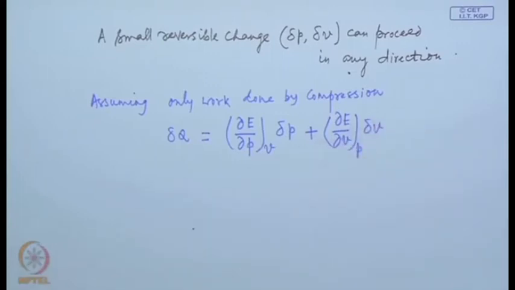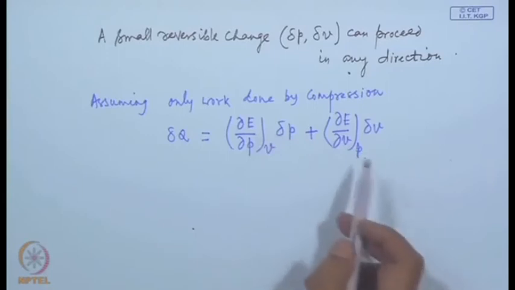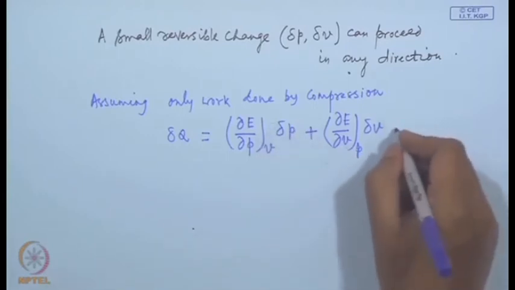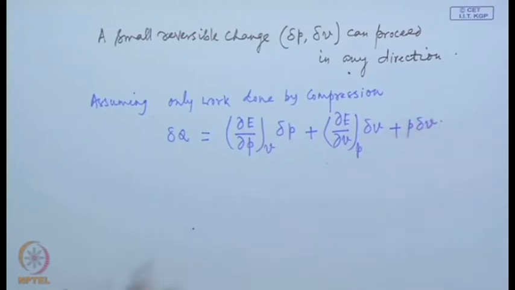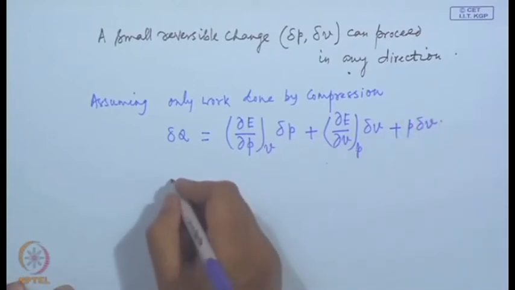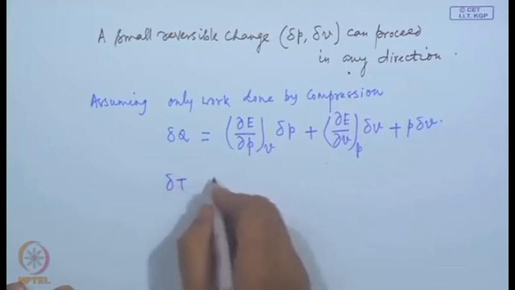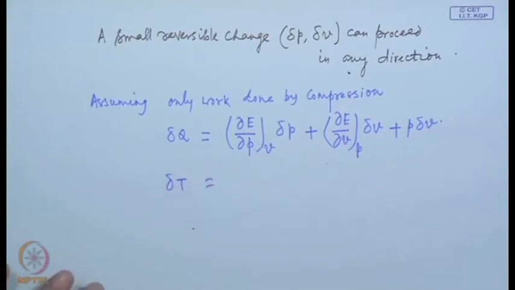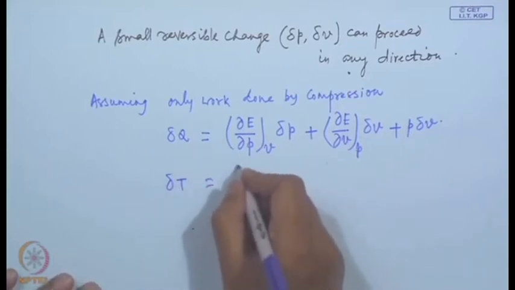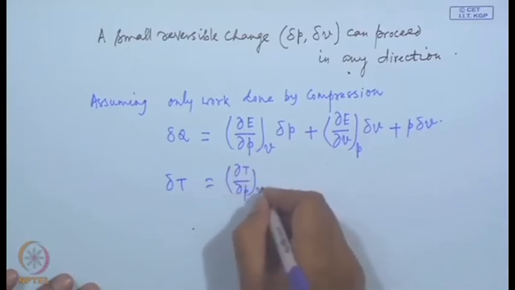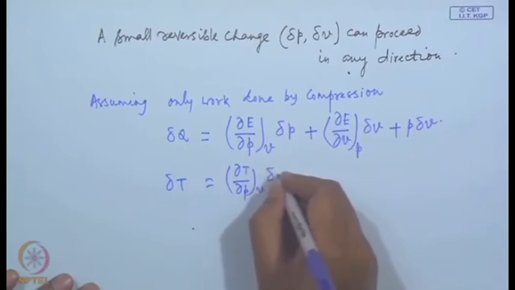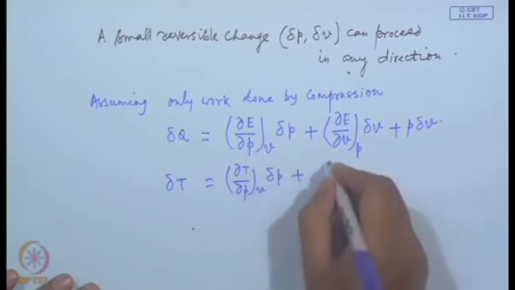That is, we have written E as a function of pressure and volume, plus P delta v, and similarly the change in temperature is also a function of pressure and volume, can be written as dT/dP at constant volume into delta P plus